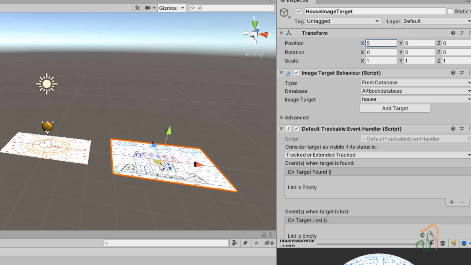After adding the target, our next job is to add a house model on this target. Here I want to mention one thing: game development is a different concept, and modeling is a different concept. Modeling you do in Blender, and you can create some primitive models in Unity. If you want complicated models like a house or an aeroplane, we design them in Blender and bring them into Unity.